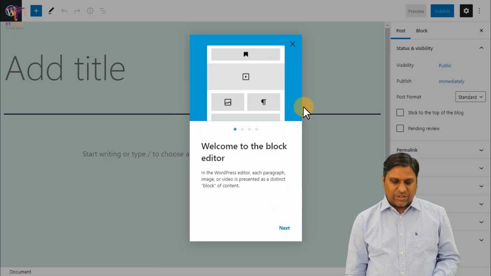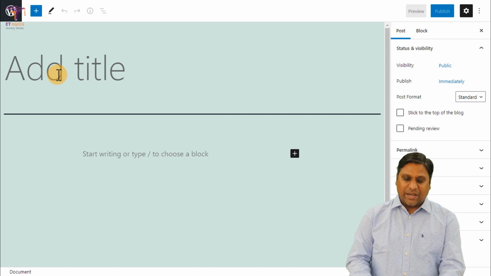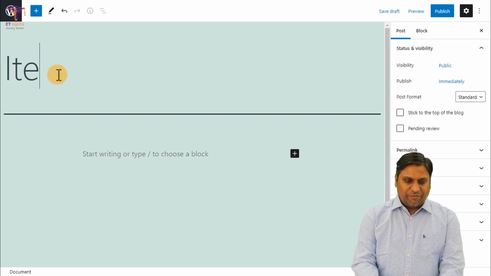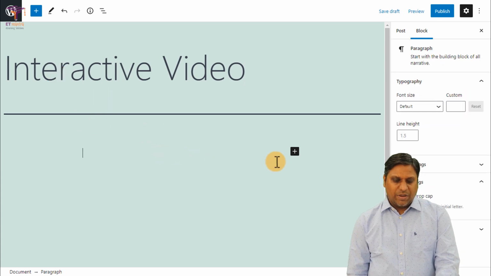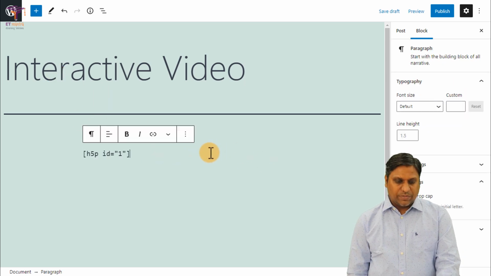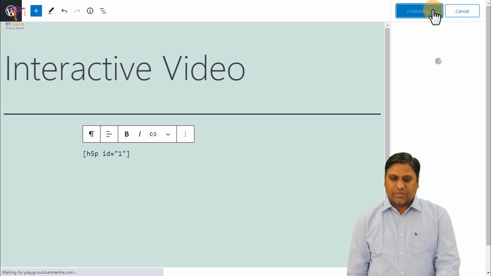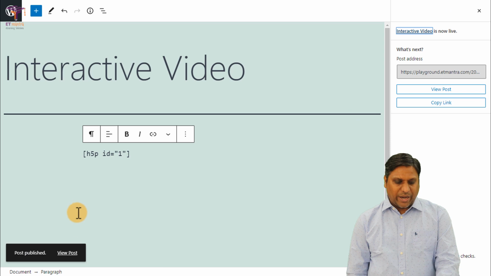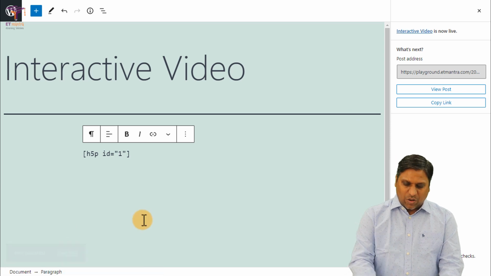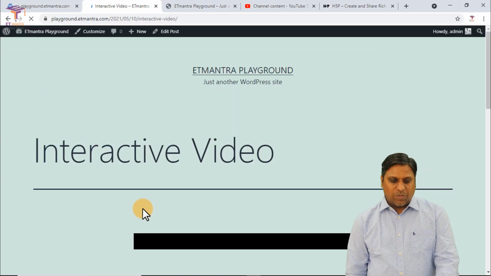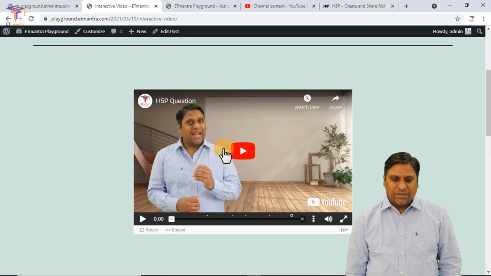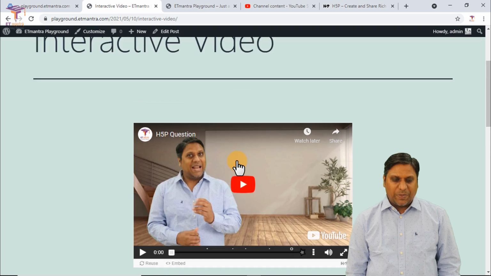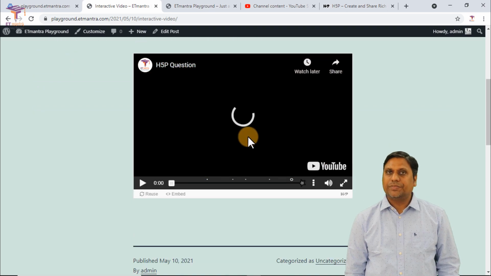So I will create a new title, interactive video, and here I will paste that short code like this. That's all. Click on publish. Once it is published, you can go to view post. I will now go back to normal mode, and you see the video will appear here. This is how a student will see it, and at present a student can interact with this video.